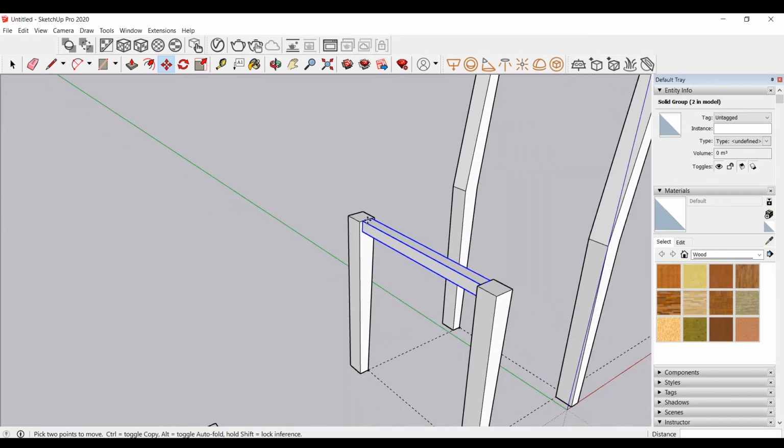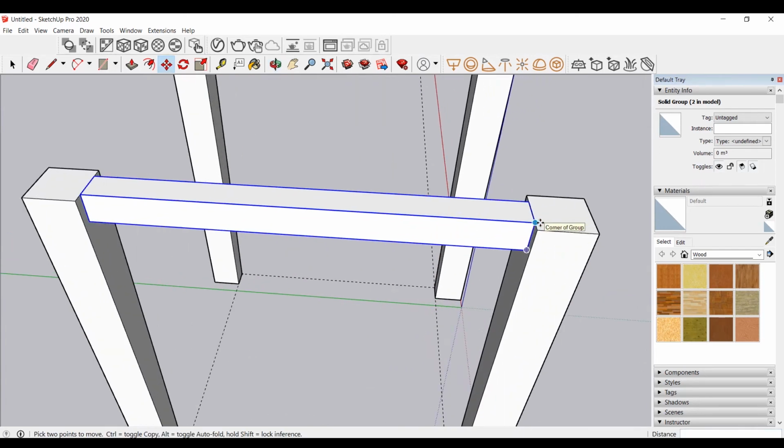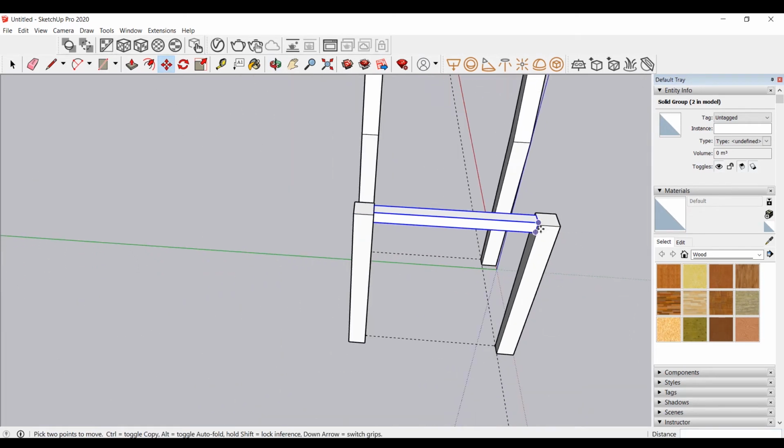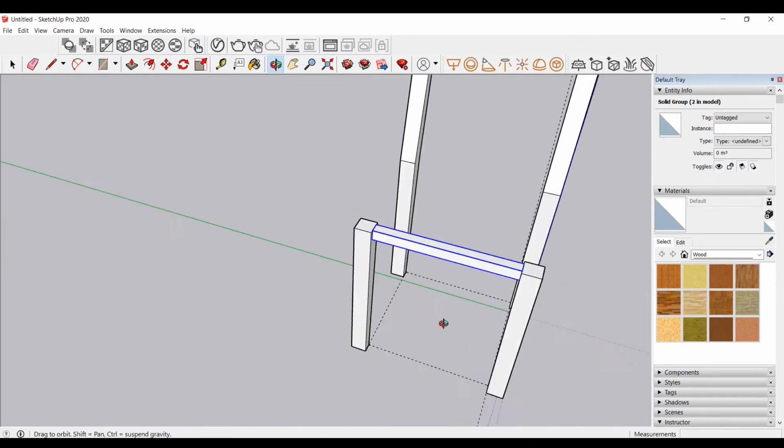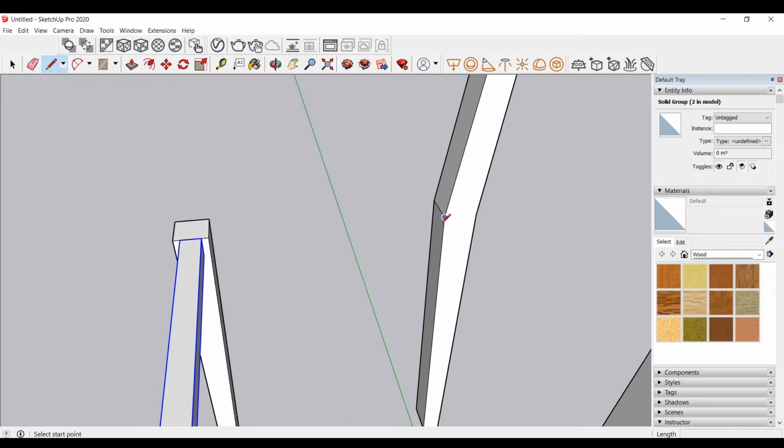Alright, so as you can see, it's easily aligned to that, because you have gotten the right entity of the object. Now next, how are you going to copy it right over here? We don't have any guides, so the easiest way is to draw a line so that you can have a guide. Okay, so this is the half right here, so we will just draw a line from here over there. Alright, then Escape